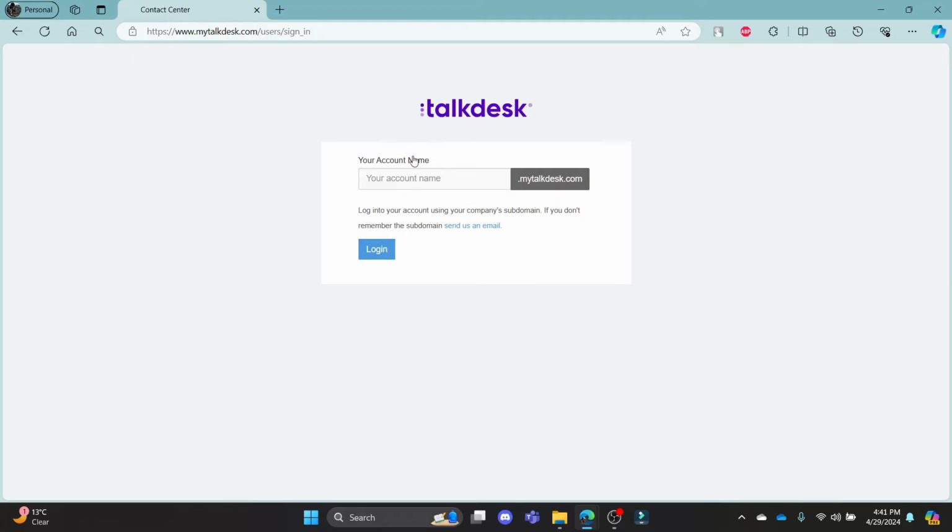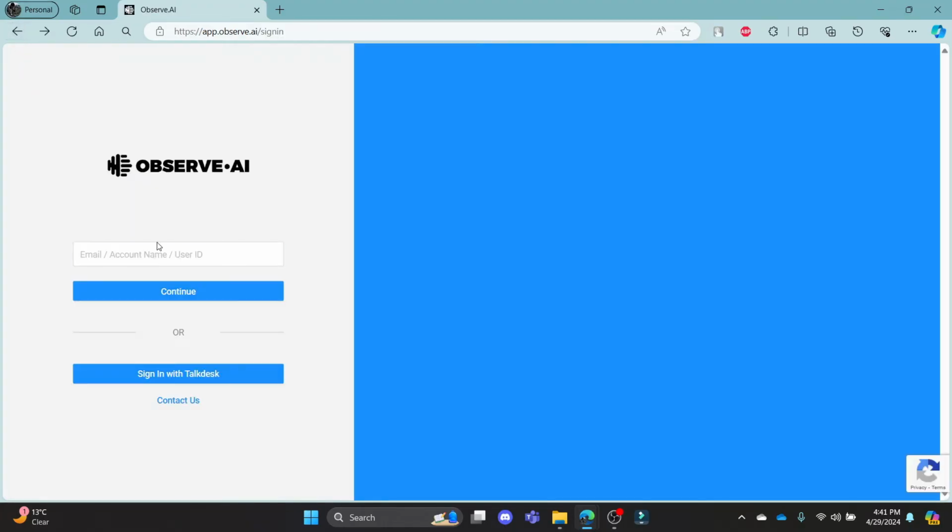After that, you can see the password option. Go ahead and write down your password and then click login again, and then you will be logged into your observe.ai account. Or else what you can do is write down your email address, account number or your user ID